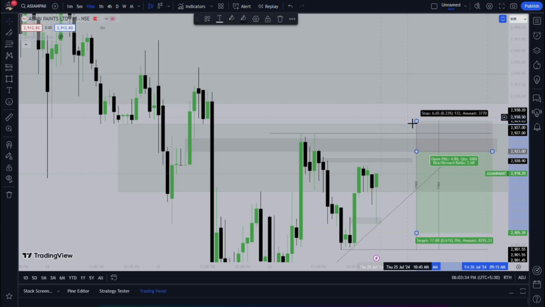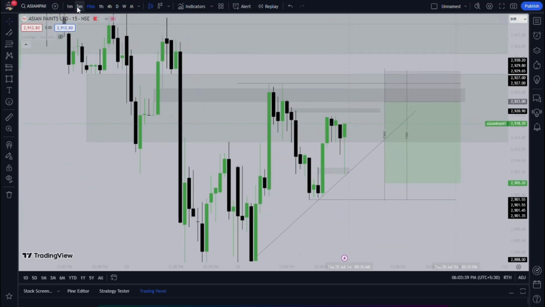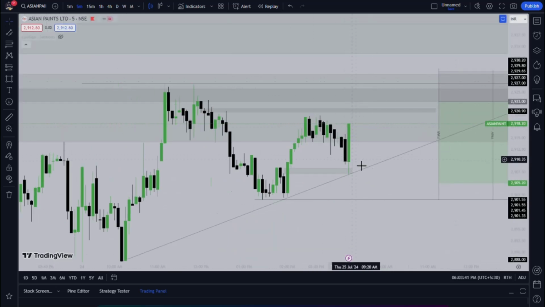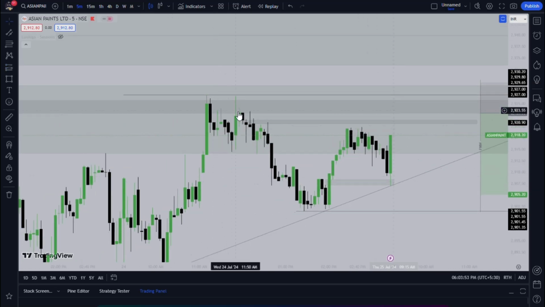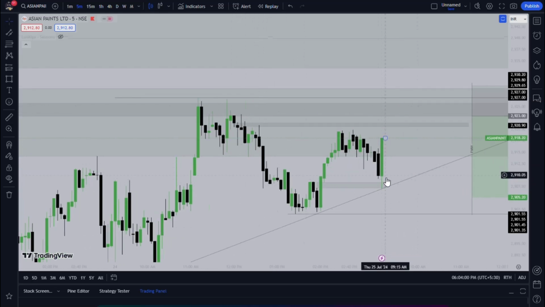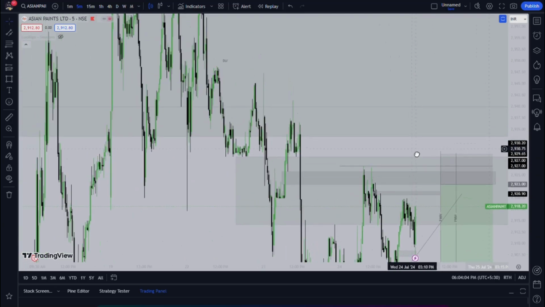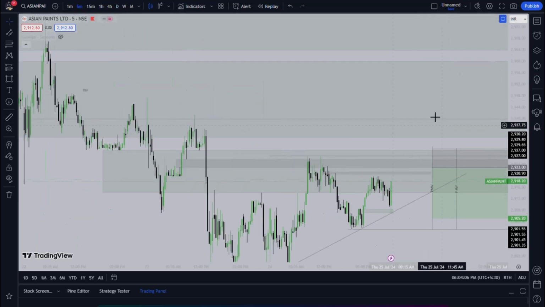So basically what the wick is, in the 5-minute time frame in Asian Paints, if you see price creating a wick like this one, you can look out for some long positions, because this indicates that price has taken out stop losses lower below it, and price is going to the opposite side. Similarly, if it creates a wick on the upper side, we can look out for some sells, because it has taken out liquidity. Now if it has taken out liquidity right here, we can look out for some buys, but price may even open up higher, so we are looking for some